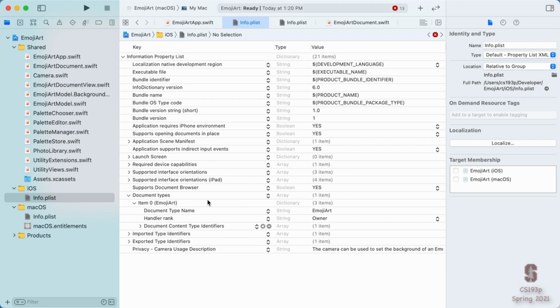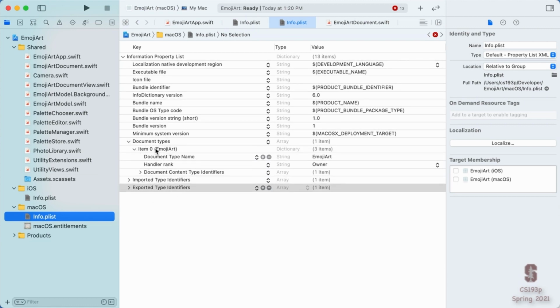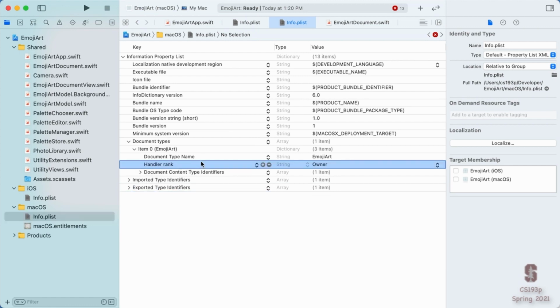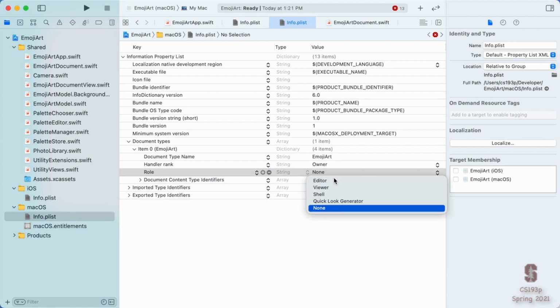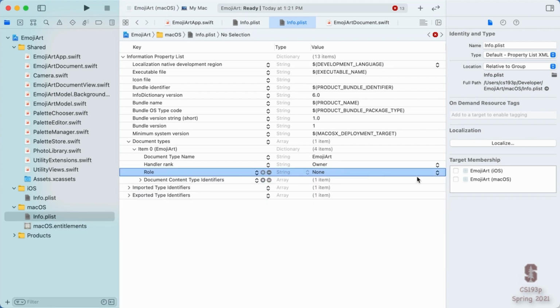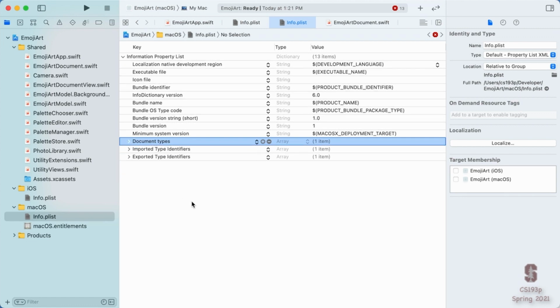And I found that there's one other thing related to documents that is necessary on the Mac only, which is inside here when we're defining our document types and all that. There's another little line that we need to include in here, which is CFBundleTypeRole. And we're going to say that we are an editor. I'm not quite sure why this is on the Mac. We already have this owner thing, but if we don't put this role in there on the Mac info plist, it seems like it complains. It seems to work, but it kind of complains. So we'll put that in there just to get rid of that complaint in the console.